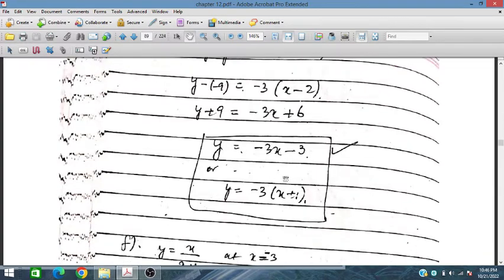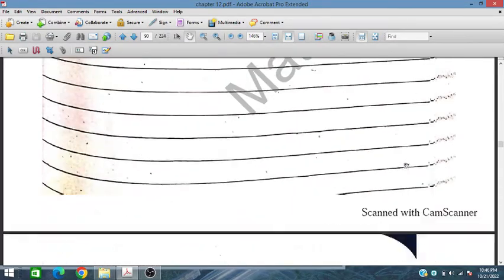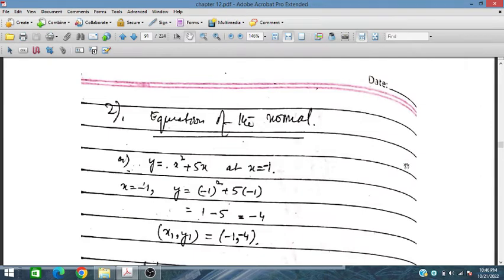So this is the required equation. Similarly, now let's find the equation for the normal. So let's move to the problem number